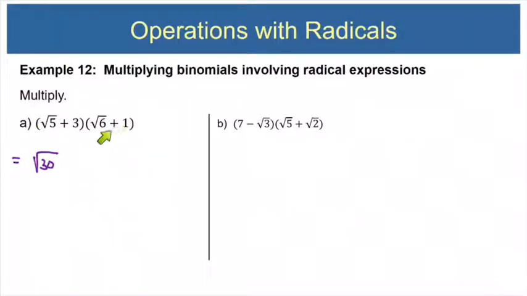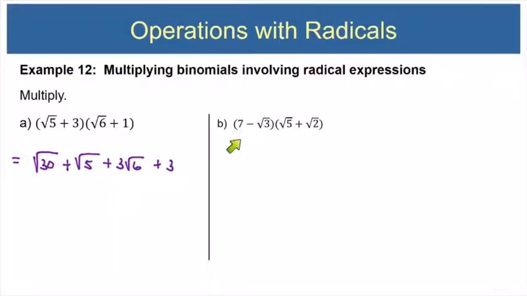Outer times outer is going to be square root of 5 times 1. That would be written as just square root of 5. Inner times inner is going to be 3 times square root of 6. So we'll write plus 3 square root of 6. And last times last is 3 times 1, so that's just plus 3. Now look at your radicals and see if any of them can be combined. They're all different in this case, so none of them can be combined, and this has to be our final